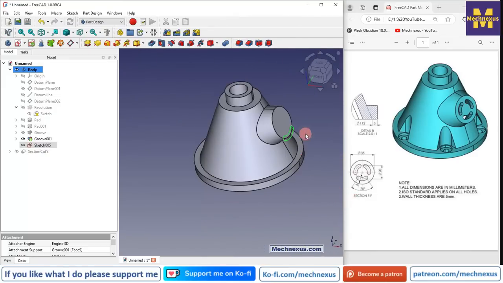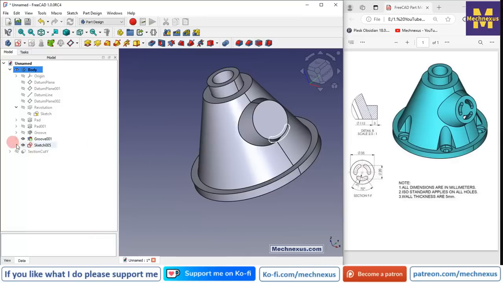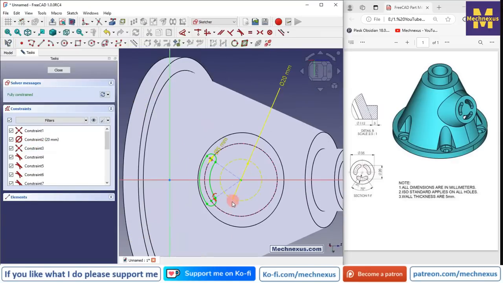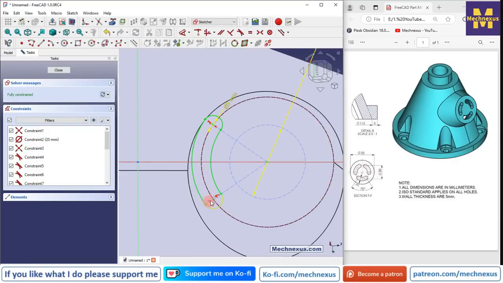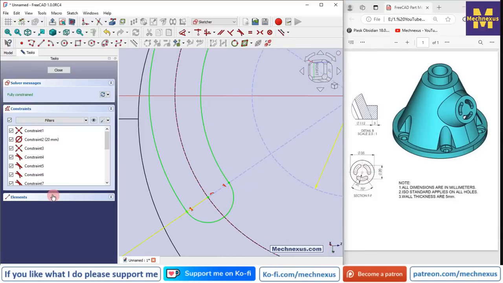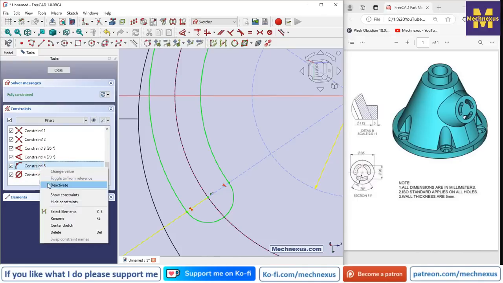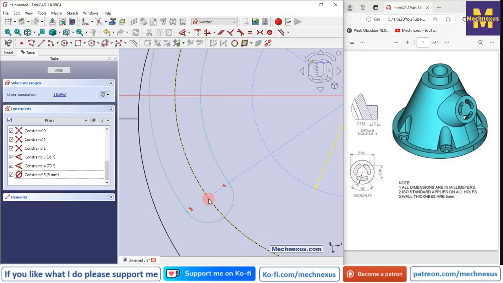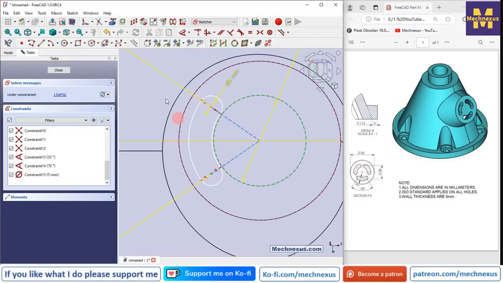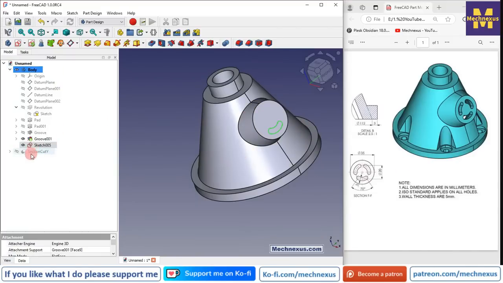Let's come out of the sketch and I will edit my sketch. So here this will not be coincident to diameter, but it will be coincident to this PCD. So we will go here and delete the constraint. Now move it. Yes, now select this and this PCD diameter and add a coincidence. Now it is perfect. Yes, now we will select the sketch and click on the cut,